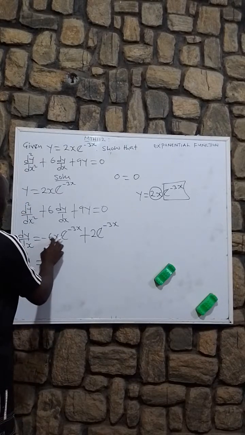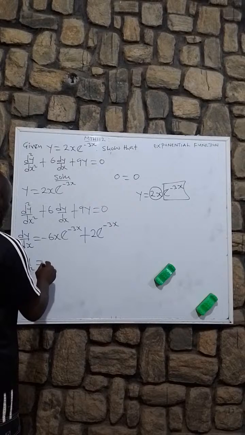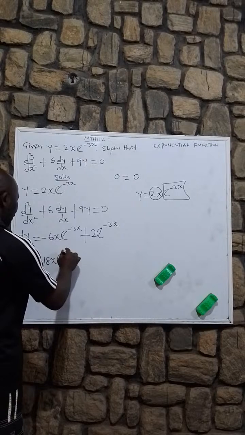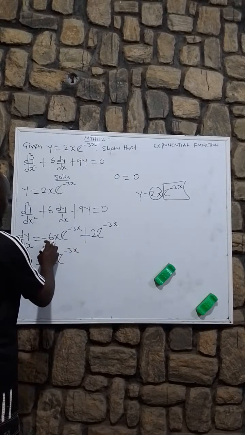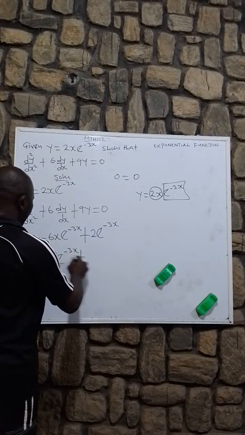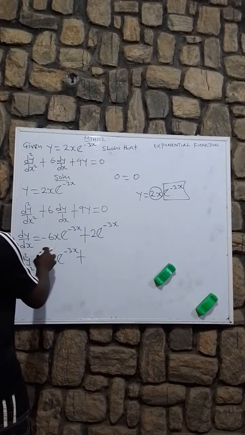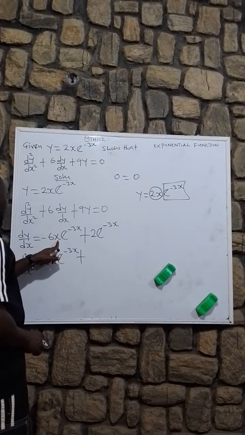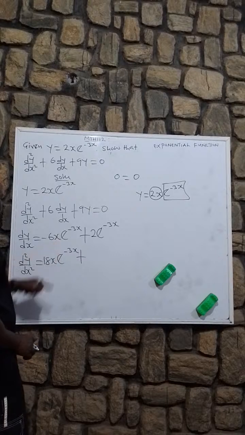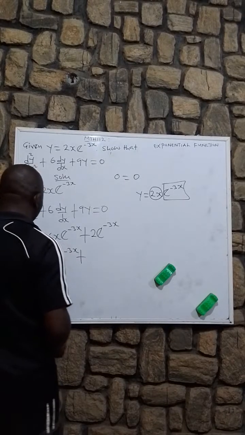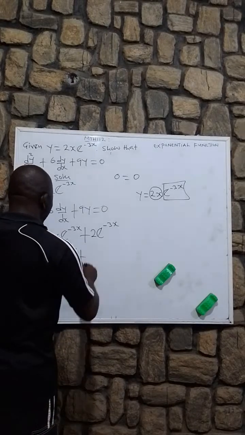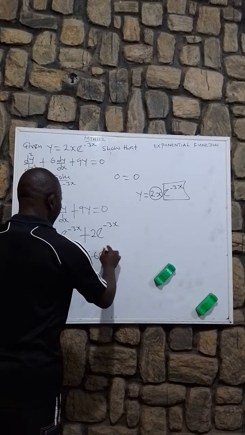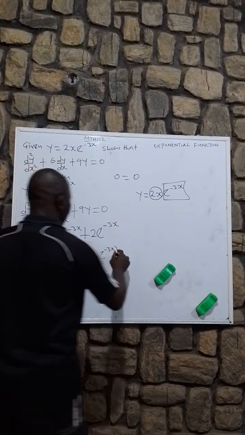Use it to multiply minus 6x, we will have plus 18x exponential minus 3x, then plus, note that there is minus sign, then differentiate minus 6x. Hold this for constant, differentiate minus 6x, we are going to have minus 6 exponential minus 3x, then plus differentiate